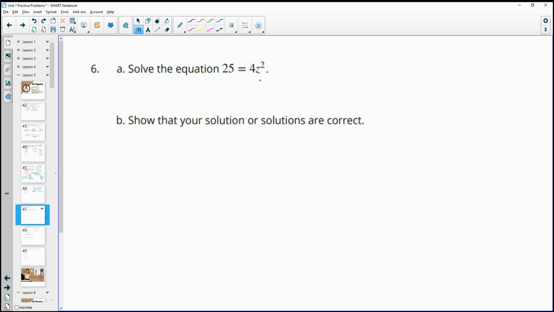Number 6, solve this equation, show your solution or solutions are correct. So we want to isolate the variable here. So we have 4 times z squared, and we want to undo multiplication by 4. So we undo that by dividing by 4. So we get 25 divided by 4 equals 1z squared, or just z squared, because 4 divided by 4 is